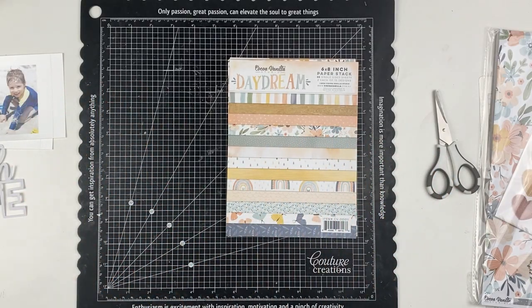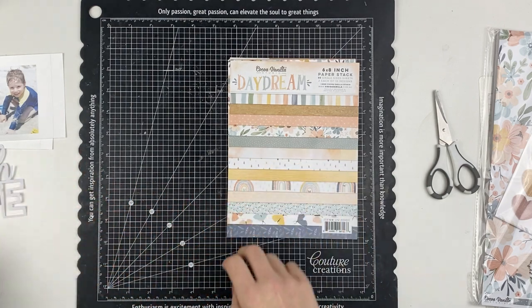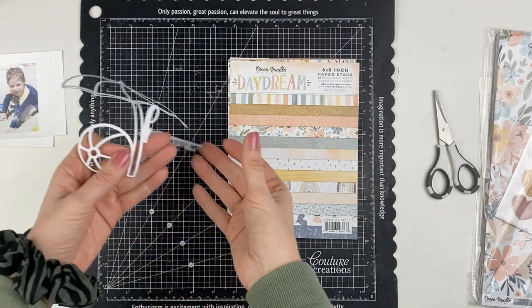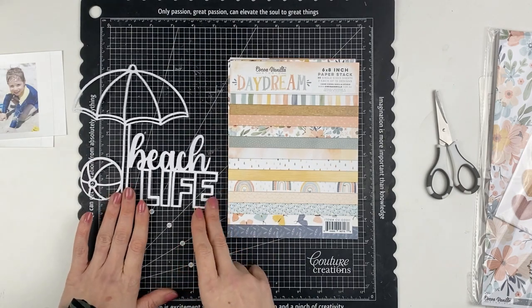Everyone, it's Raquel Bowman here, and today I'm sharing a new layout for Coco Vanilla Studio. Our theme this week is outdoors, so I decided to delve back into some summer photos, and